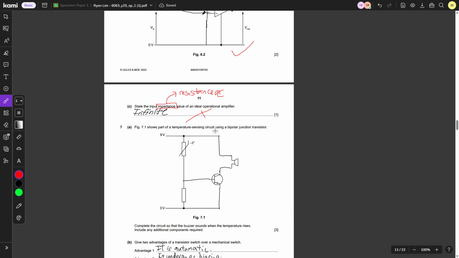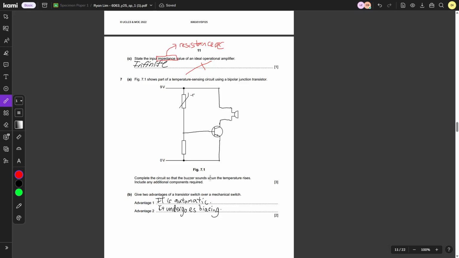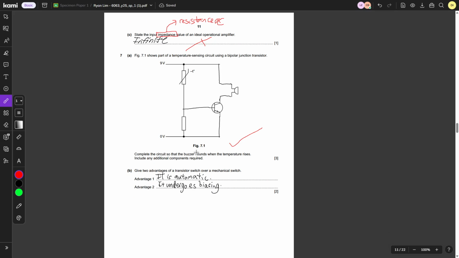7.1 shows a temperature sensing circuit. Okay, BJT. When the temperature rises, okay, 3 marks then. Give two advantages of a transistor. Okay, automatic biasing. It is, it is,